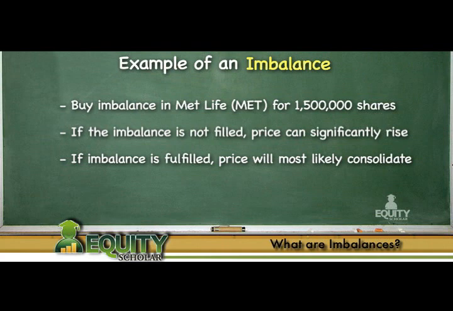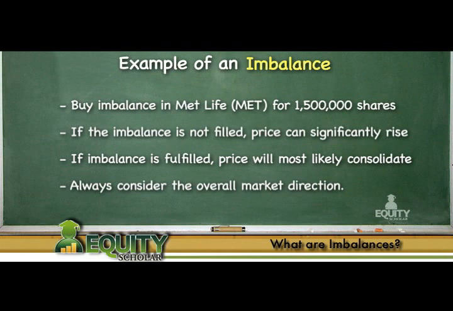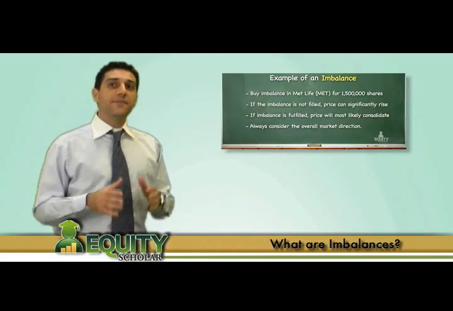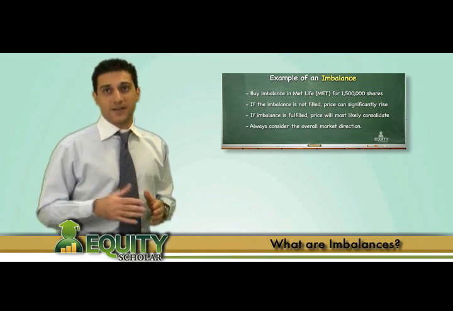Moreover, as with the rest of the trading day, the overall market direction will greatly impact the stock and its likelihood of an imbalance being filled by the close. If the overall market significantly declines from 3:45 p.m. to 4 p.m., most, if not all, buy imbalances will most likely decrease, regardless of the imbalance. Inversely, if the overall market ascends from 3:45 to 4 p.m., most, if not all, buy imbalances will most likely rise, even if an imbalance is most likely satisfied.